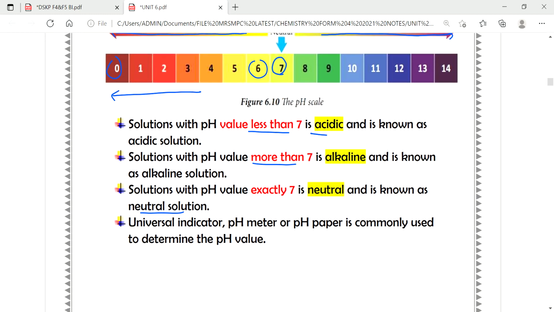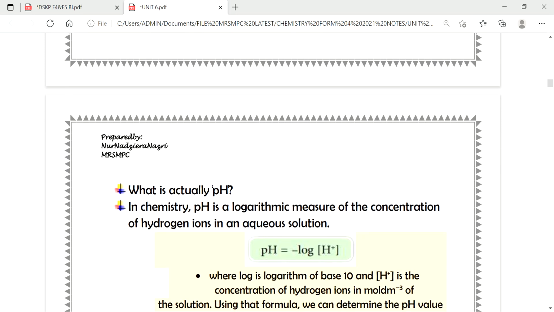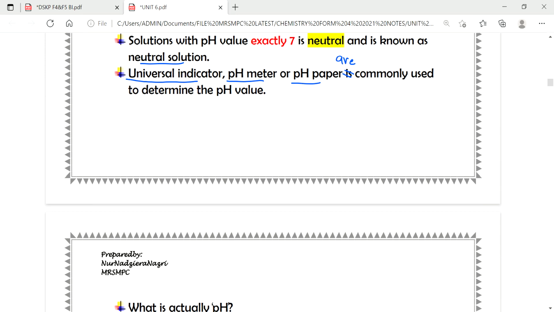Alright, there are several ways to determine the pH value. There are ways we can check the pH value of a particular solution, to find out what its pH value is. We can use universal indicator, pH meter or pH paper. These three are commonly used to determine pH value. Okay, before teacher introduces and shows pictures of what the universal indicator, pH meter and pH paper look like,